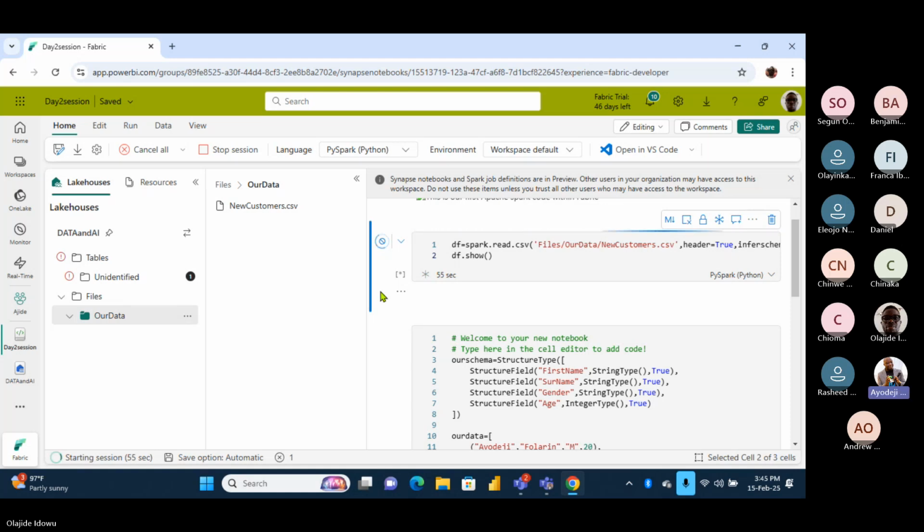Okay, so as this is working, there is a difference between showing your data and displaying your data. The best way to see your data in a very good form is to say display, not show. So you say display, instead of df.show, this time it should be display and put df in a bracket. Display, open a bracket, your df data frame, and close the brackets. So we can do all this. So let's allow this to run, to start the engine.